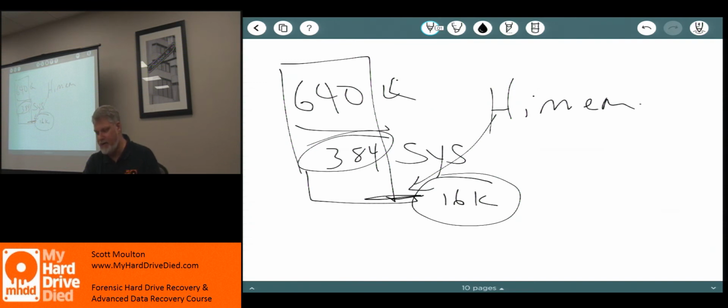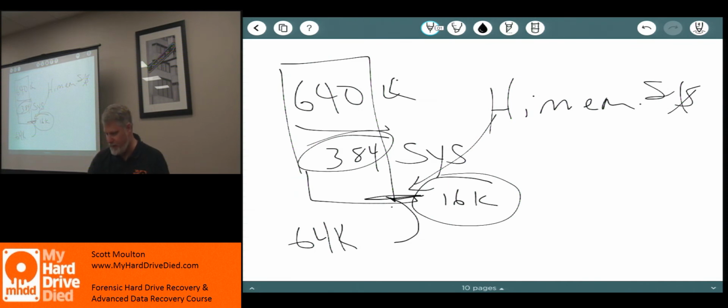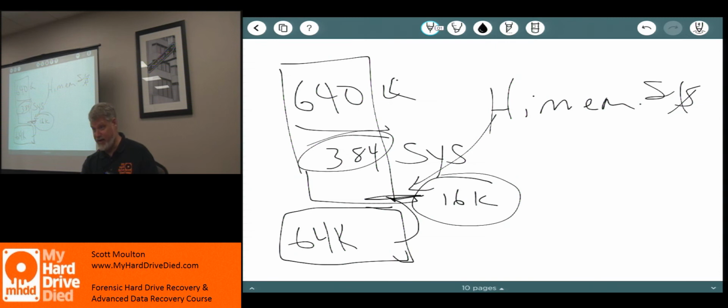And when you used HighMem.sys, it would overlap and use 64K. So it needed 64K. And so what ended up happening is the remainder of this space now, if you had more memory, so if you had a 2 meg stick instead of a 1 meg stick, you can now address outside in real mode this particular piece.